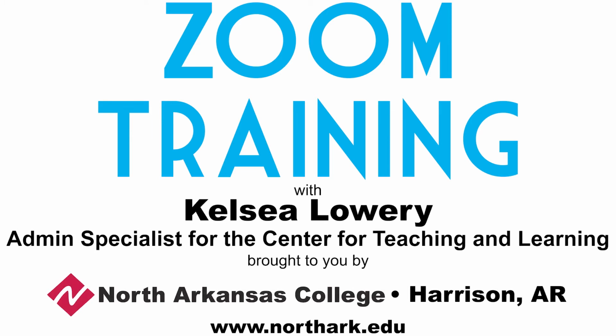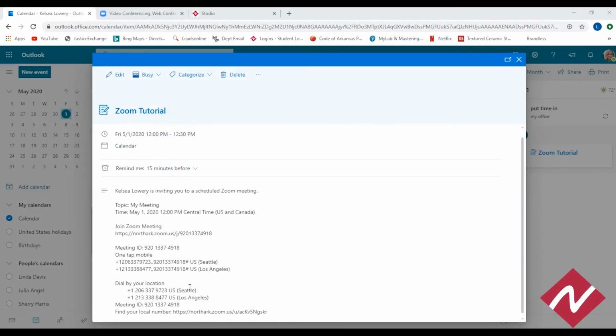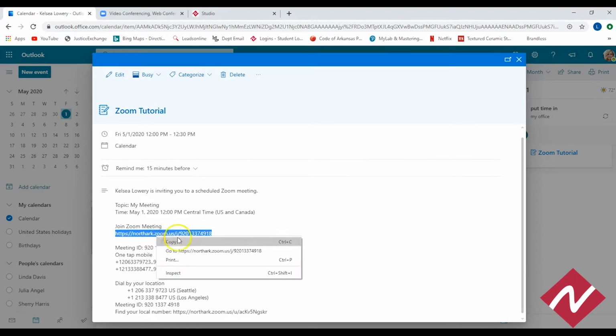And today I'm going to show you how to get on a Zoom meeting. Normally, when someone hosts a Zoom meeting, they will send you an invitation to whatever calendar your organization uses. North Ark uses Outlook, so this is what an Outlook calendar Zoom invitation looks like. And so you're just going to click on this Join Meeting